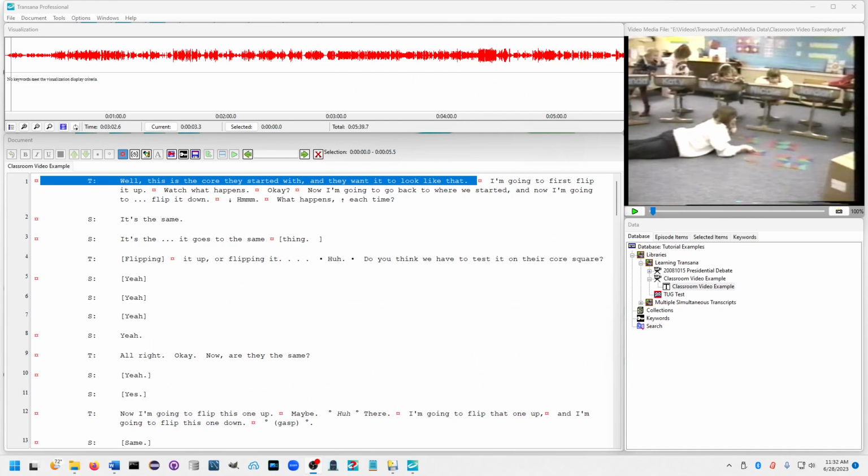In this demonstration, we want to analyze video of a math lesson that teaches geometry concepts through an activity that involves creating and manipulating quilt squares. We want to code for math concepts such as symmetry and flipping of quilt squares, a common activity in this lesson. We also want to code for teaching techniques such as demonstration and inquiry. While we can add new keywords at any stage in the analytic process, let's go ahead and create some keywords